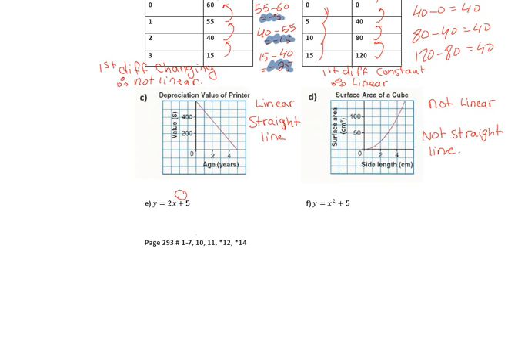So let's write this. Degree 1, so it is linear. This one, degree 2, so it's not